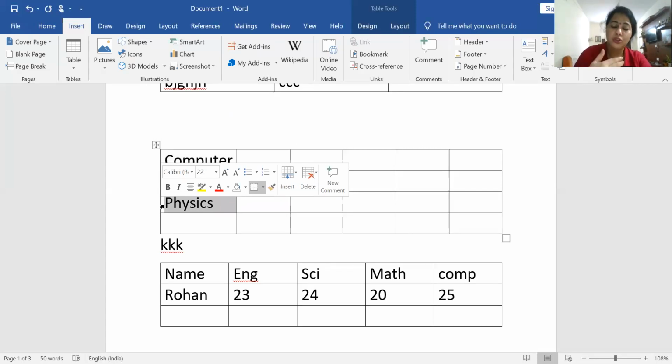When your mouse pointer is white and I move it to the left-hand side of the rows and click, then the whole row is selected.